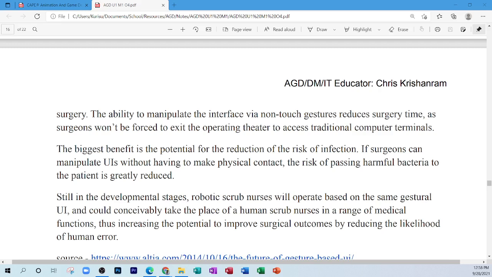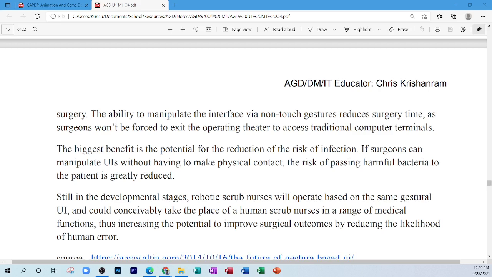So in the first place, what do surgeons have to do to minimize the passing of bacteria and other diseases? What do they have to do? Sterilize their equipment. Good. So sterilize the equipment and sterilize themselves before they go into the theater room. Now, if they want to read a patient's file during the surgery, they want to look at the patient's record, then they have to come out of that room and operate a system to look at the